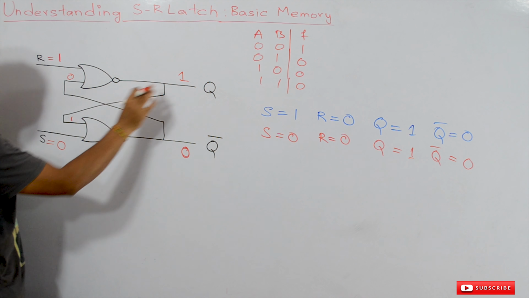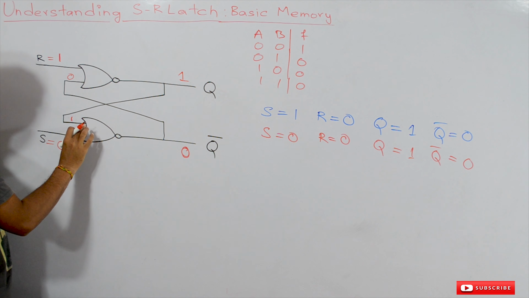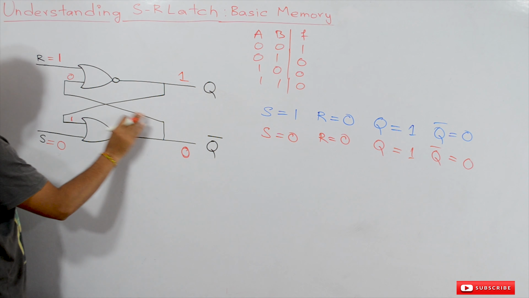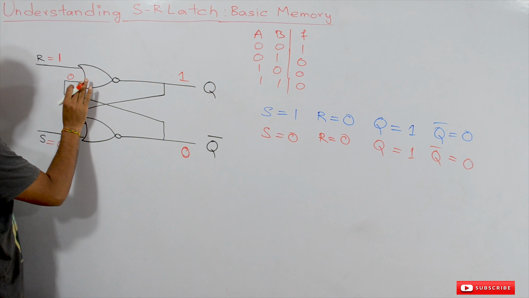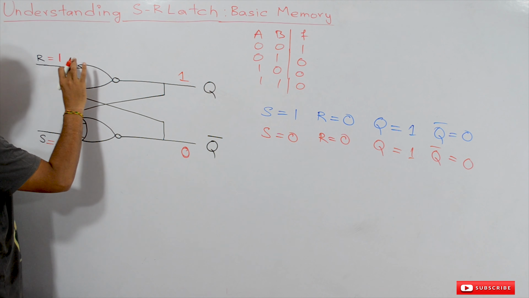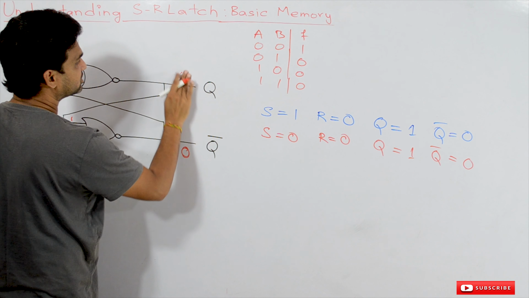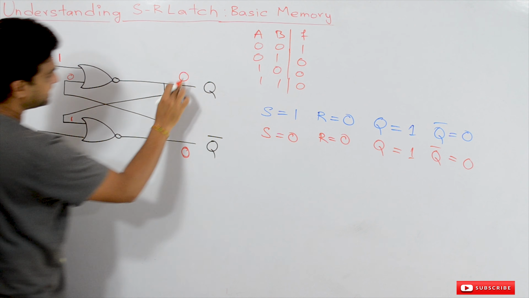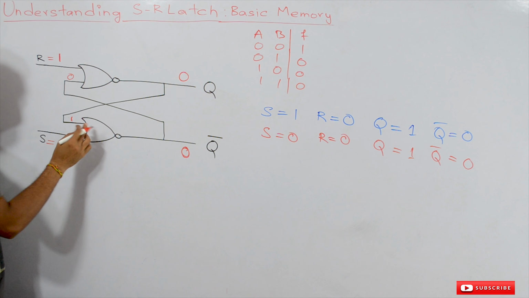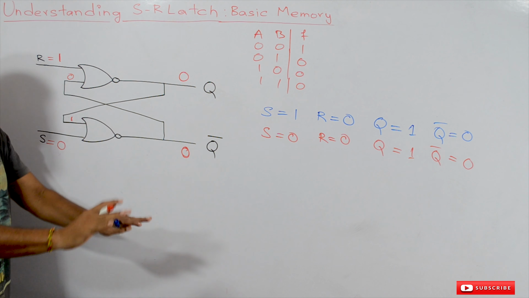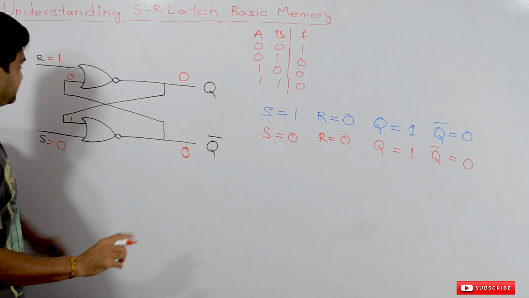So now what happens is this 1 is provided as the feedback to this input. With 1 0, it is going to be 0, and this 0 is provided as the feedback to this, and here now it changes. So 1 0 means it is going to produce an output of 0. Again this 0 is provided as the feedback. See here, the circuit is going to take some time to get stabilized. This point is very, very important.